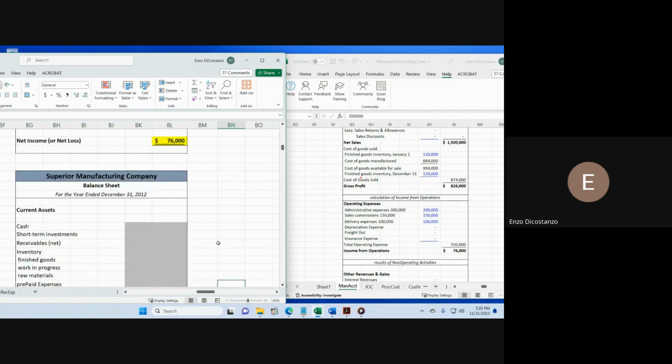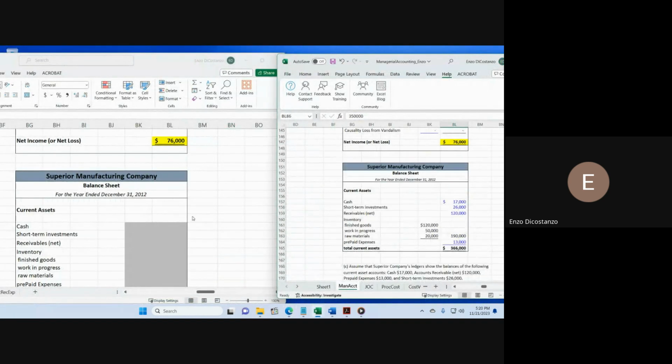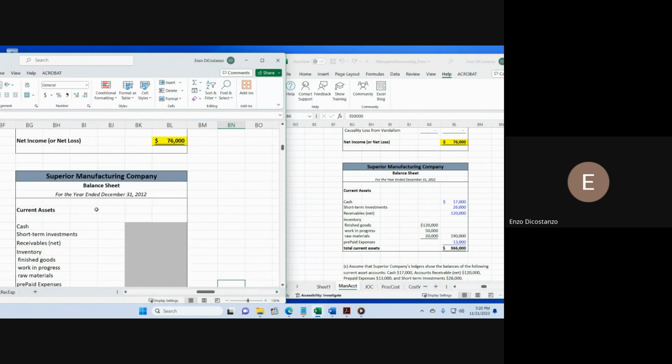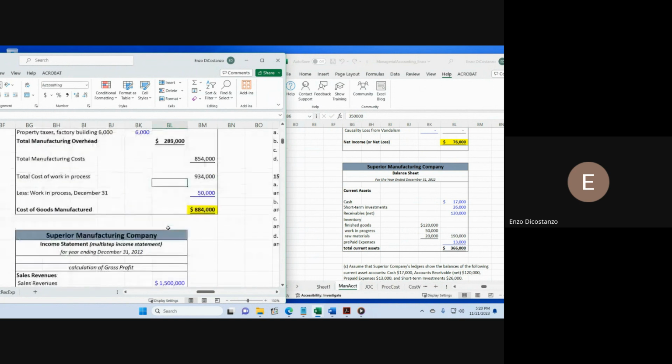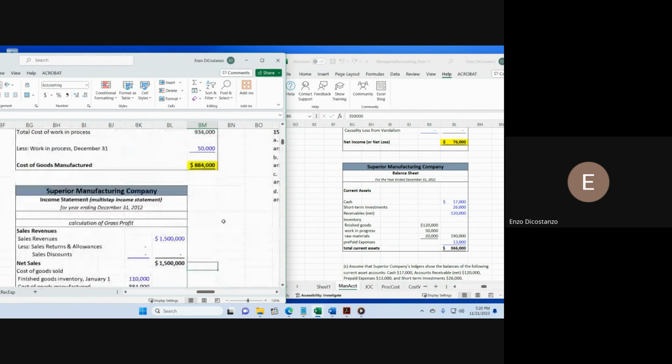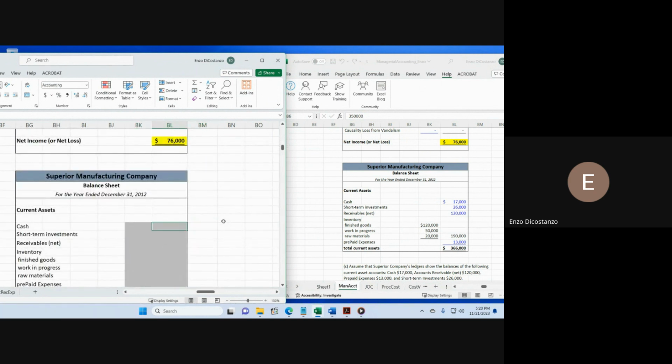And now we have to work on a partial of the balance sheet. Okay, that's only a few entries here. And again, this is a manufacturing company. So with the cash, I think these are just entered. We just enter these by hand because you're given 17,000 cash, 120,000 receivables, 26,000 short-term investments, 13,000 prepaid expenses. All that was just typed. This was all just simply typed in because we didn't have it listed like we previously did. This is 120.